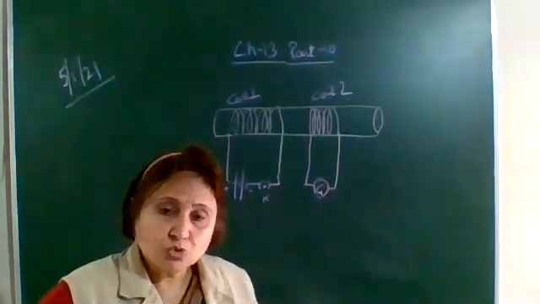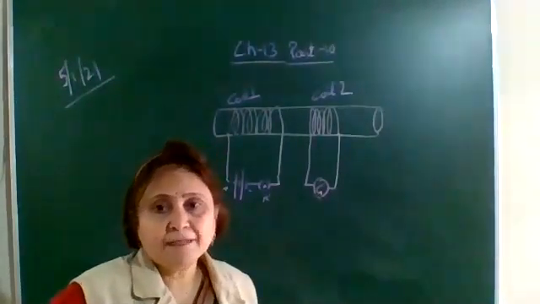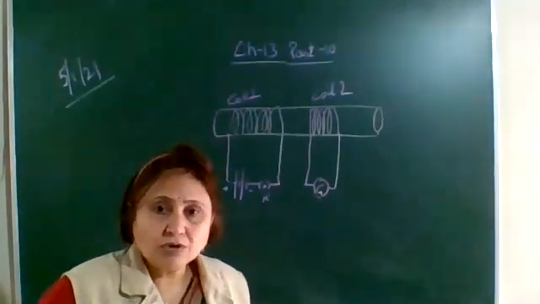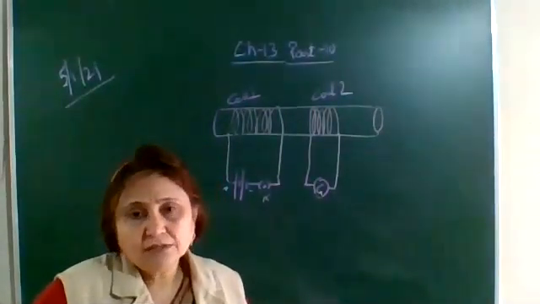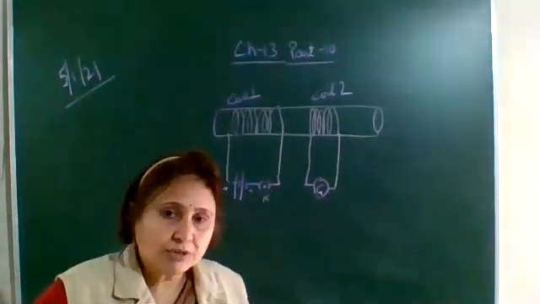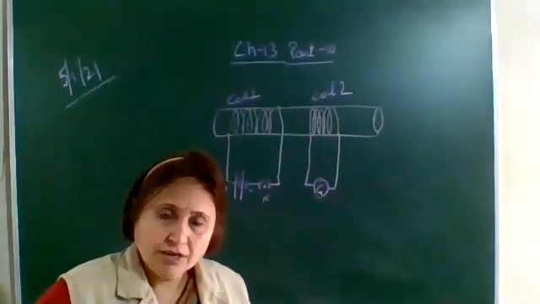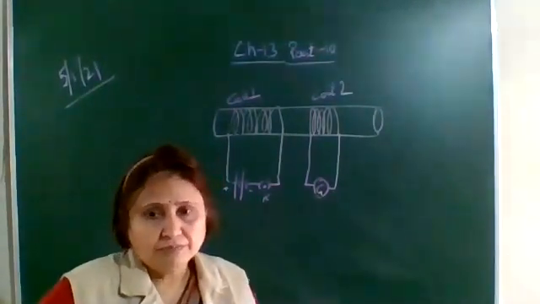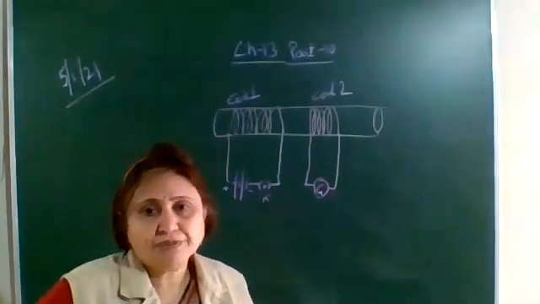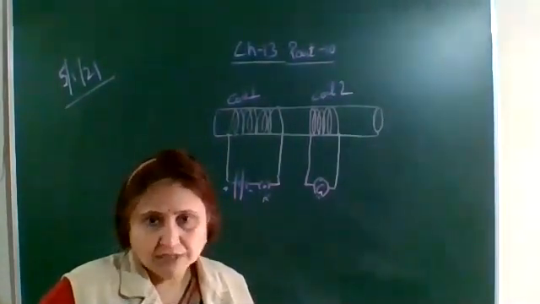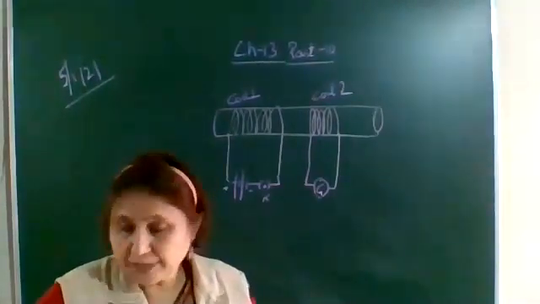Okay, so two methods here we have studied for inducing the current in the coil. The first method is moving the magnet in or out of the coil, or moving the coil with respect to the magnet. That is, there is some relative motion between the magnet and the coil. The first method, activity 13.8.